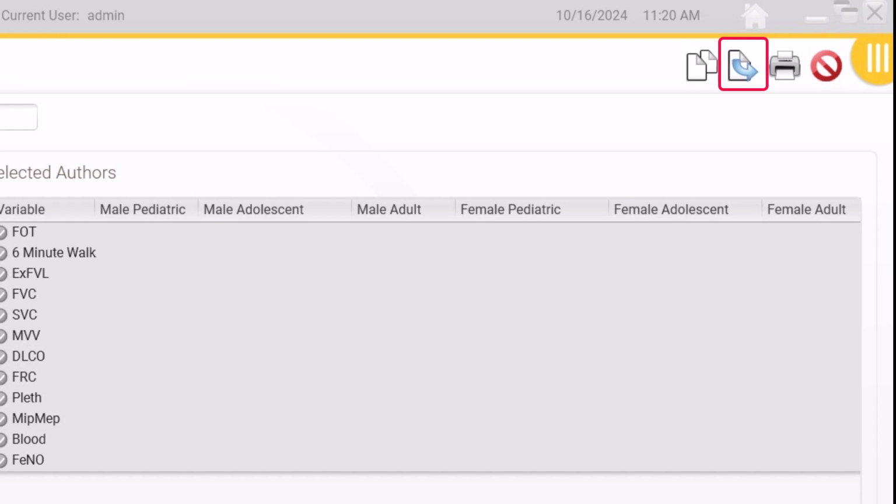If your system is not on an Ascent network, you can export the predicted file in order to save the file as a backup, or to take the file to another computer and import it. If you are on an Ascent network, any predicted set that was created is automatically available to all workstations on that network. Selecting the printer icon will allow you to print or PDF all of the options and authors selected